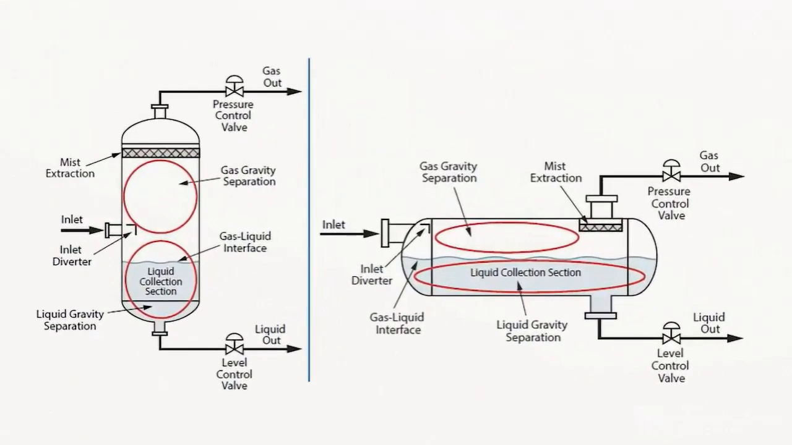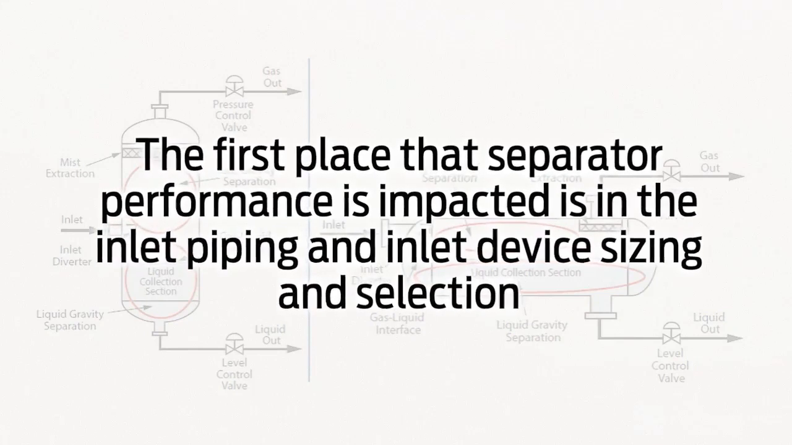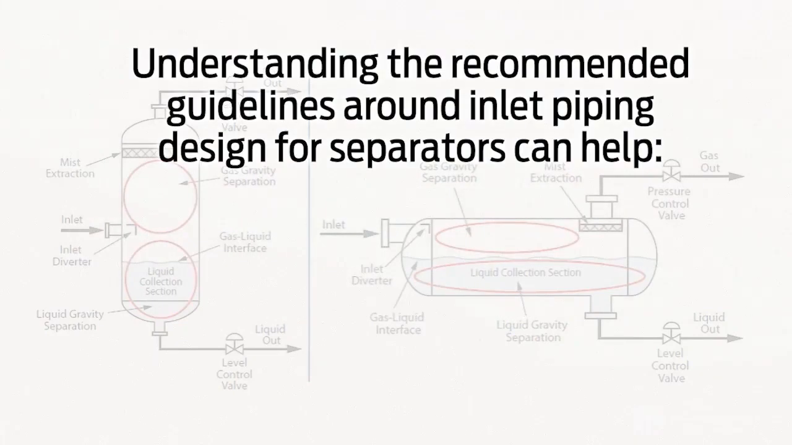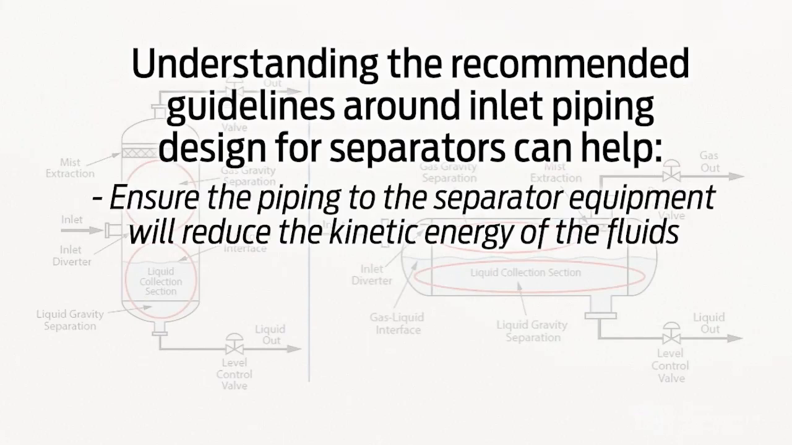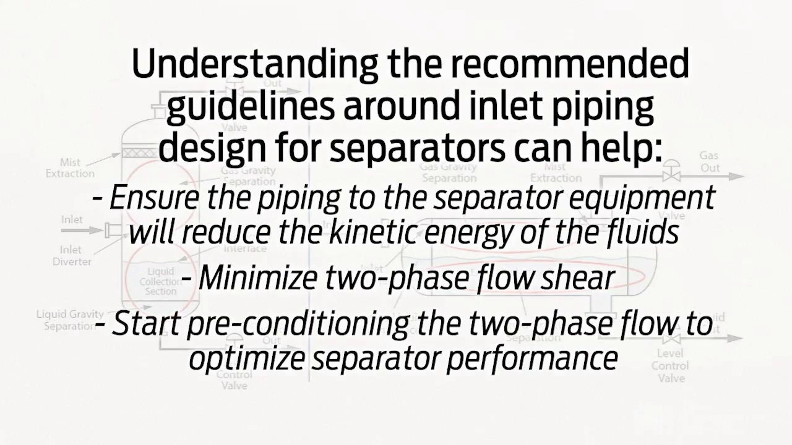Understanding the main components and configurations of separators and their purpose is helpful to understanding how gravity two-phase separators work. The first place that separator performance is impacted is in the inlet piping and inlet device sizing and selection. Understanding the recommended guidelines around inlet piping design for separators can help ensure the piping to the separator equipment will reduce the kinetic energy of the fluids, minimize two-phase flow shear, and start preconditioning the two-phase flow to optimize